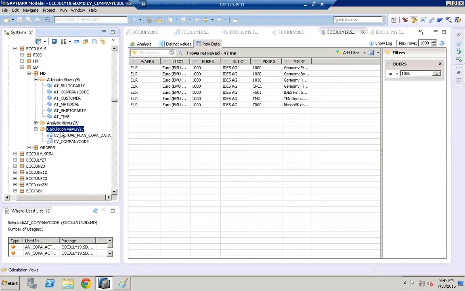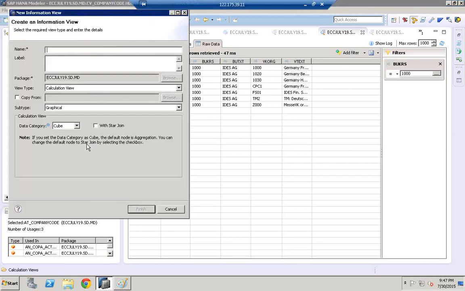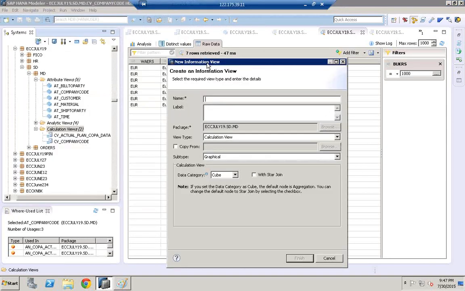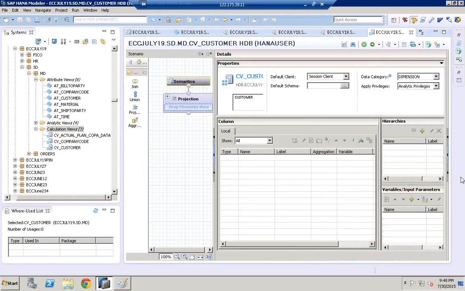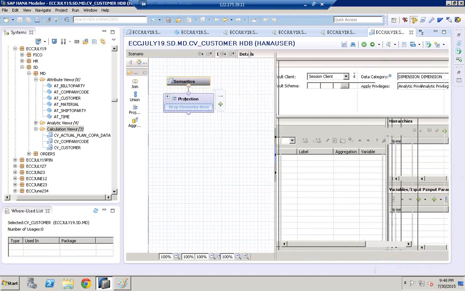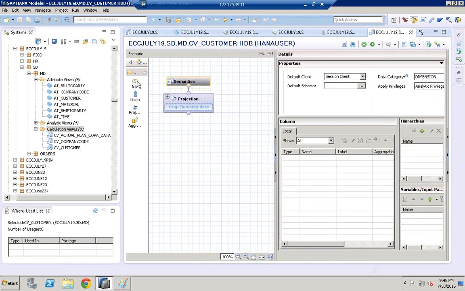So let me right click on the calculation view, new, and let us give the name CV_customer, label, view type is calculation, data category dimension, click finish. Let us quickly create. So we have other two views, customer and material. So click on the join, click on the join,